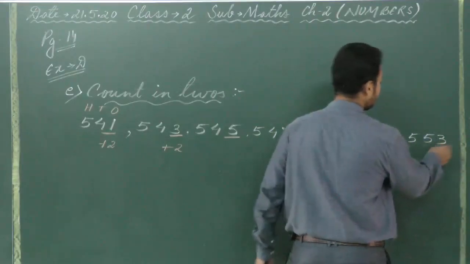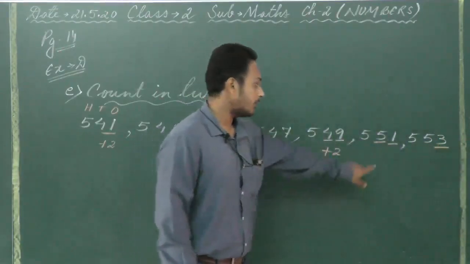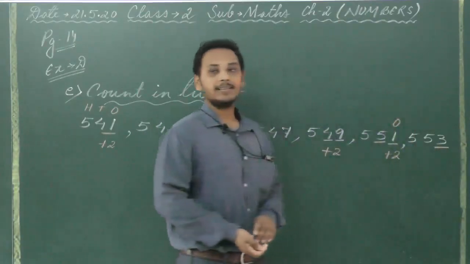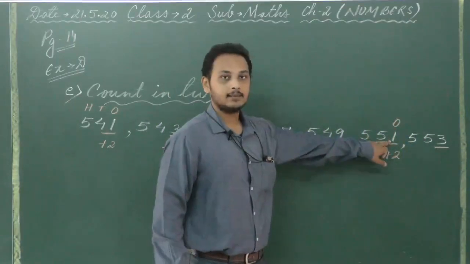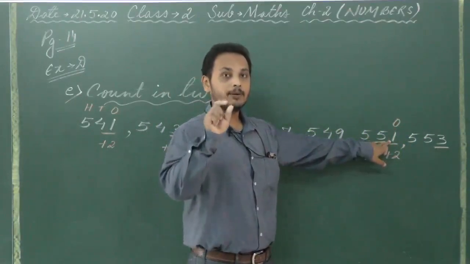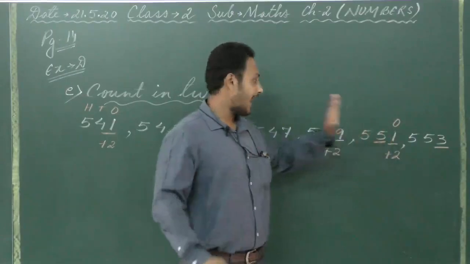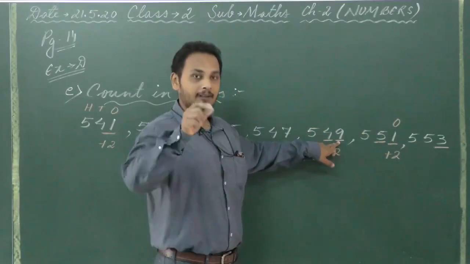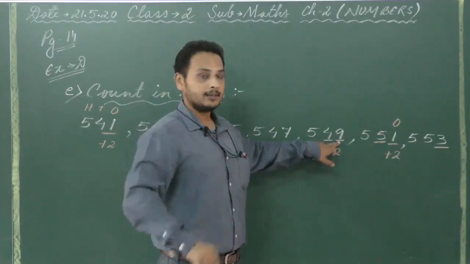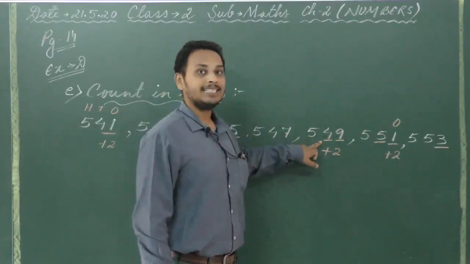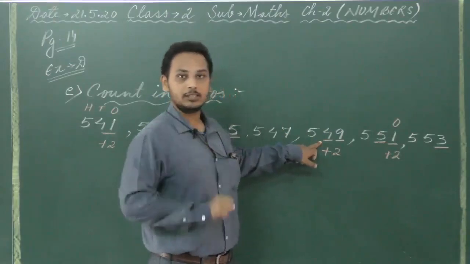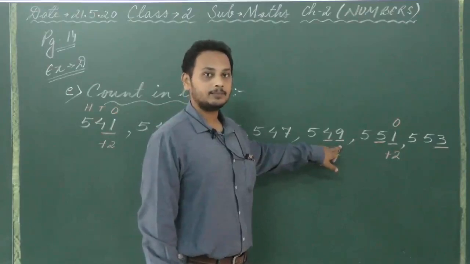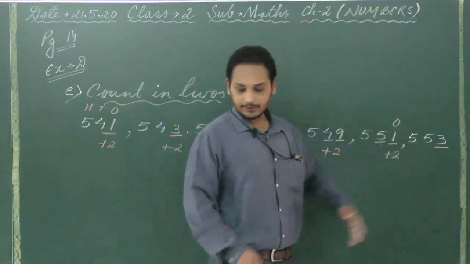Now how did we get 3 over here? Because by adding 2 to which number? The number that is in the ones place. Okay, a point to remember, very important point to remember, that when you have 9 in the ones place and when you're counting forward or backward, at that time the number that is in the tens place, that will also change. Okay, only when there is 9 in the ones place. Okay, so next we have 553.